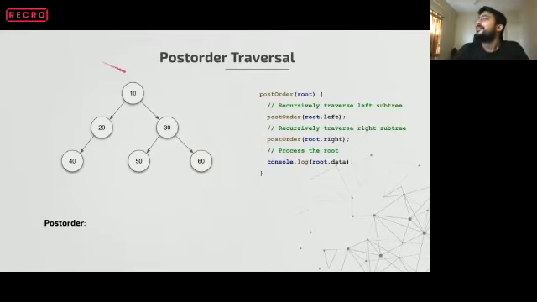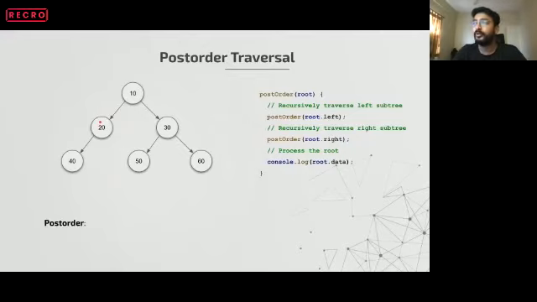Let's move on. So moving on to post-order traversal. The only difference in post-order is we are processing the root at the last. First we will process the left child of it, then we'll process the right child of it, then we'll move back to root, correct? There's not much difference over here. Okay, so we start with root, which is our 10. But we cannot process the root yet. Root has to be processed at the last. So we go to the left child of it, which is 20 and 40. So our new root becomes 20.